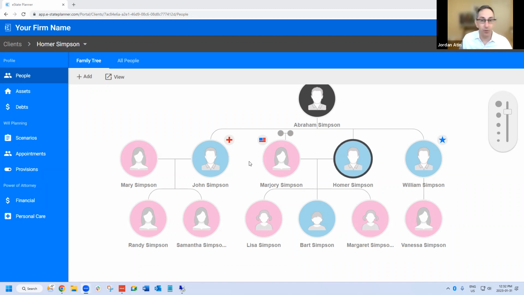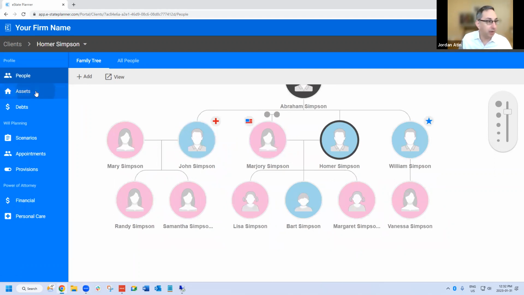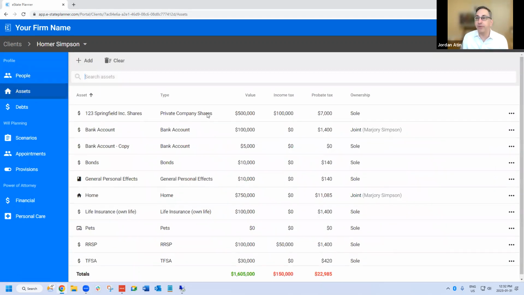So I've got Homer and his family here. When we're talking about beneficiary designations, of course, there's a limited number of assets where we can designate a beneficiary. They're governed by the Insurance Act and by the Succession Law Reform Act in Ontario.